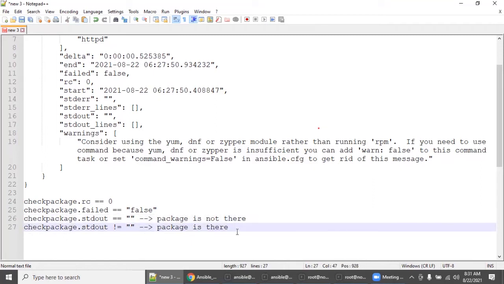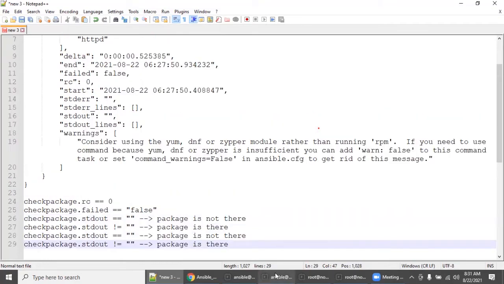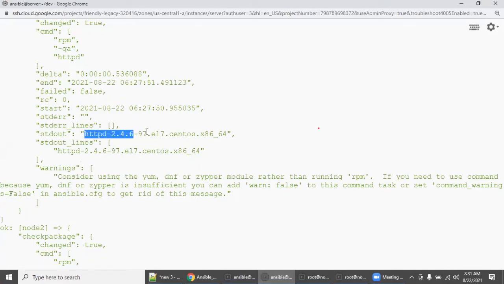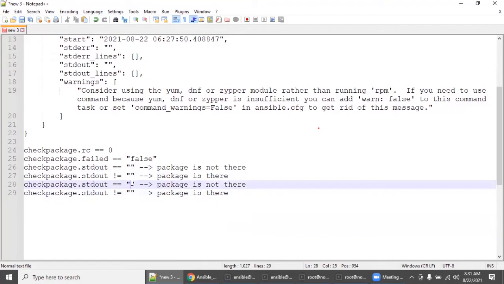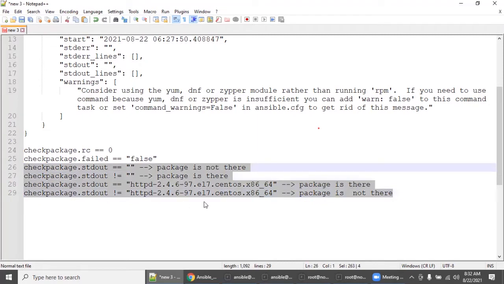Can we go another way also? Copy this. It's up to you how you define it. Check_package.stdout equal to, I want to see an exact one. So copy this and go here. If you are saying equal to, or not equal to here, then the package is not there. You can define it in any of these conditions.